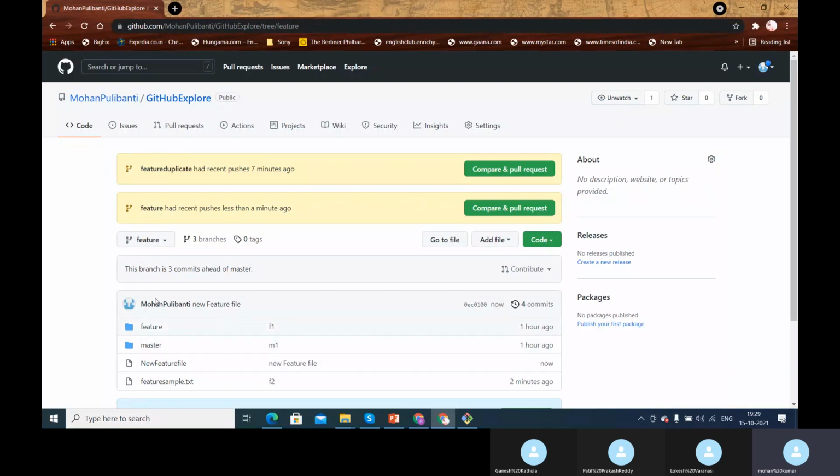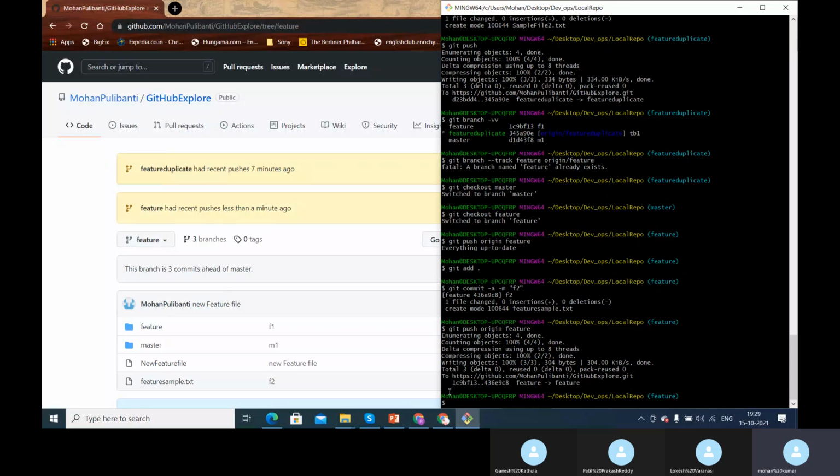This feature file has to be brought on to the local branch. To do that, I need to create a remote tracking branch for this. I can simply do it this way: git fetch origin feature.